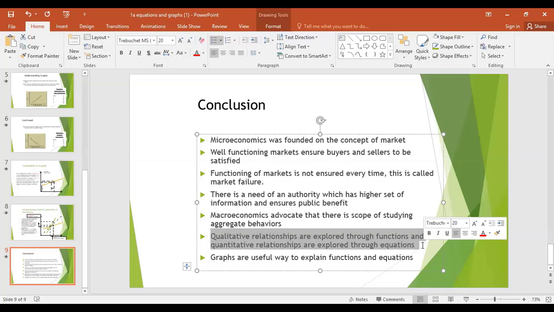When it is realized, ठीक है, that graphs are useful to explain functions and equations, ठीक है। So a graph can also be made for a function if we know the direction. If I say the darajats are a positive function of नेक अमाल, it means it's a positive slope graph. We can make a graph, but we cannot calculate the slope or intercept. It will be a hypothetical positive slope graph. But if we have a quantitative function or quantitative relationship, we will be able to measure the numbers. We will make a table.